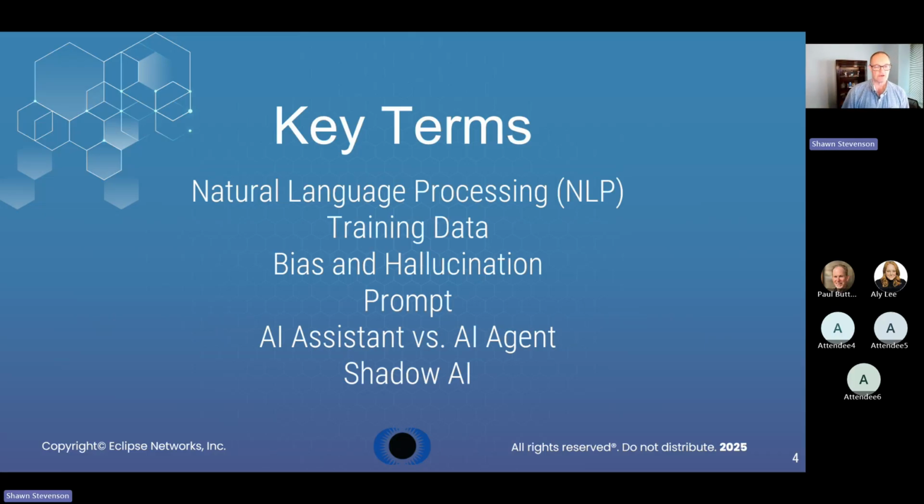Bias and hallucination are two very important pieces of this. Bias is when the training data somehow produces unfair, unbalanced, or even skewed results. Does that make sense? Kind of like humans have bias, but it's easy for AI engines to get biased as well